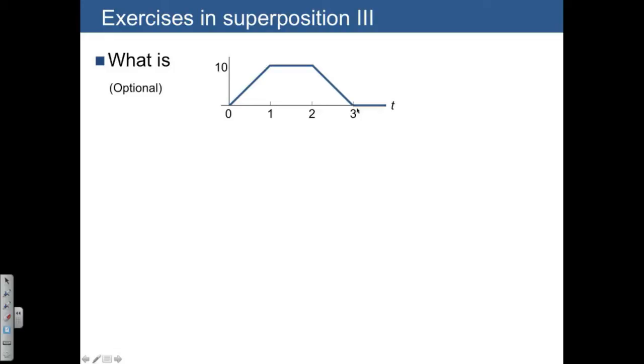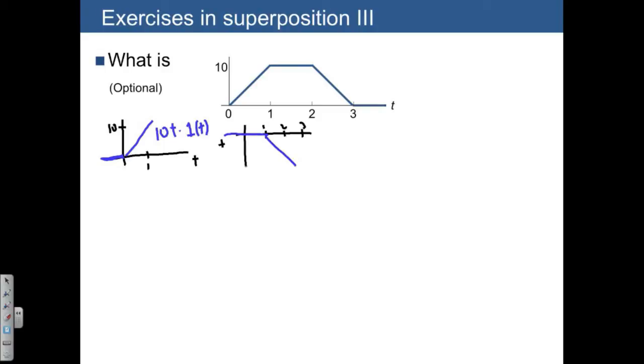And the first part we can write as a ramp with a slope of 10, where it starts at time 0 and then starts having a slope of 10. And the way we write this is it's 10t times a unit step, not shifted at all. Then we're going to add something to this function, or actually subtract something, which is at time 1, we're going to have a function that starts heading down at a slope of 10,